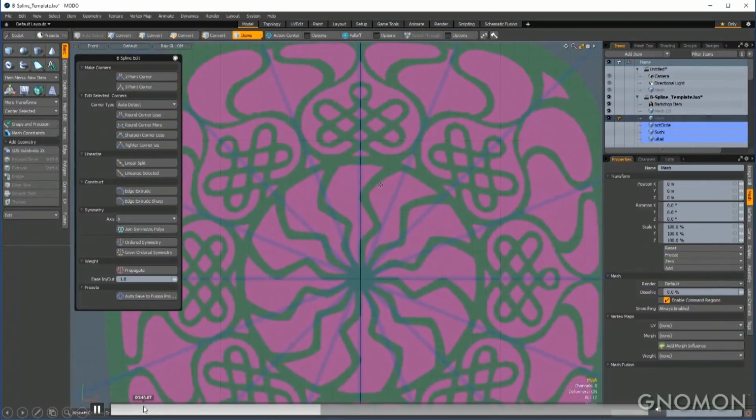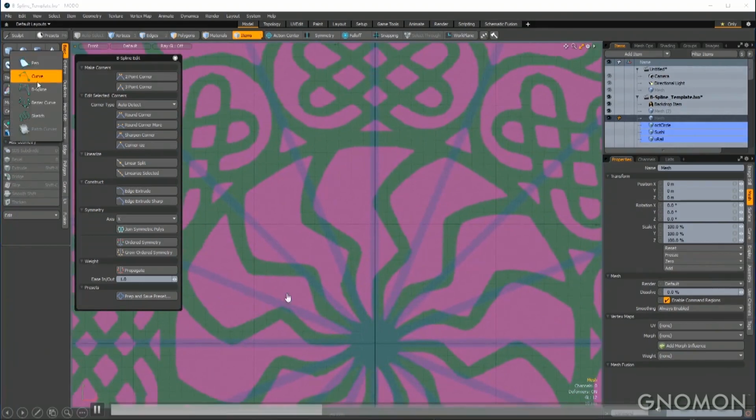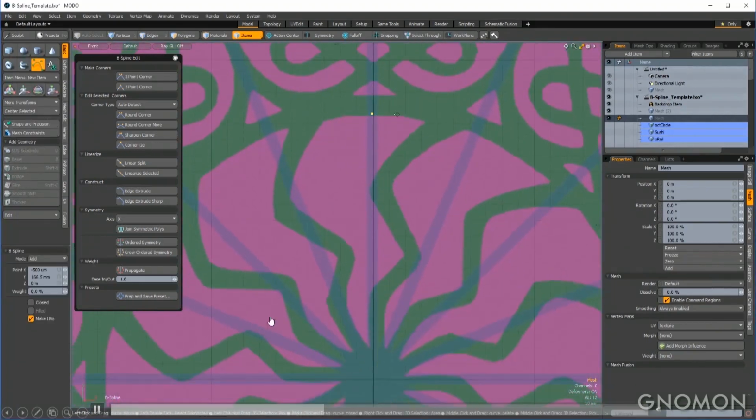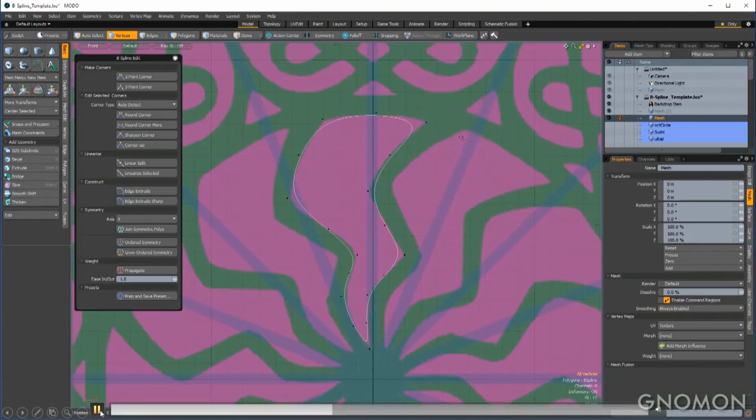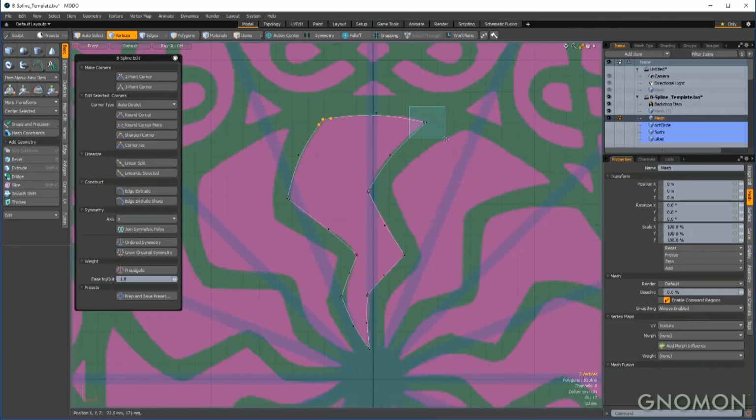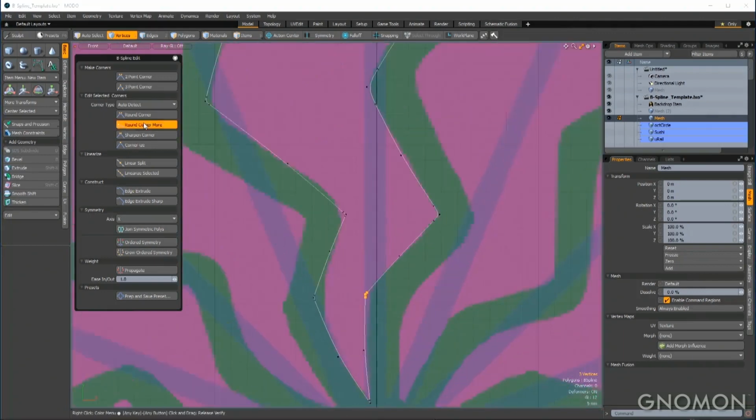Now, in one of the empty mesh items, I'm just going to trace out these magenta shapes with the B-Spline tool. So the B-Spline tool is new to Modo 10, and it's really great. I'm not trying to be too precise here, and then by right-clicking on the first point, it closes the curve. Now I'm just selecting all of the vertices that I want to be sharper or corners, and I'm going to choose the 3-point corner script. And then by choosing 3 of those vertices, I can choose the round corner more script, and it just rounds them a little bit more so they're not as harsh.